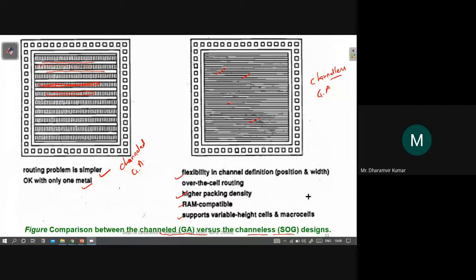But the main difference between channeled and channel-less gate array is that you have a dedicated corridor for channels here, but we do not have any corridor for channels here. Here only transistors are present. And in the periphery we will have the same input and output pin locations, IO bonding pads, in both of these cases. So the only difference is in the internal area.